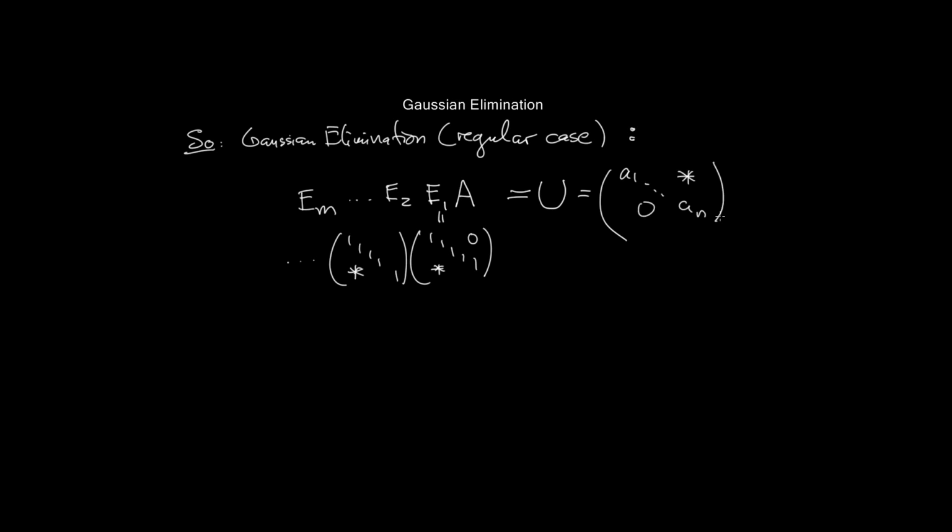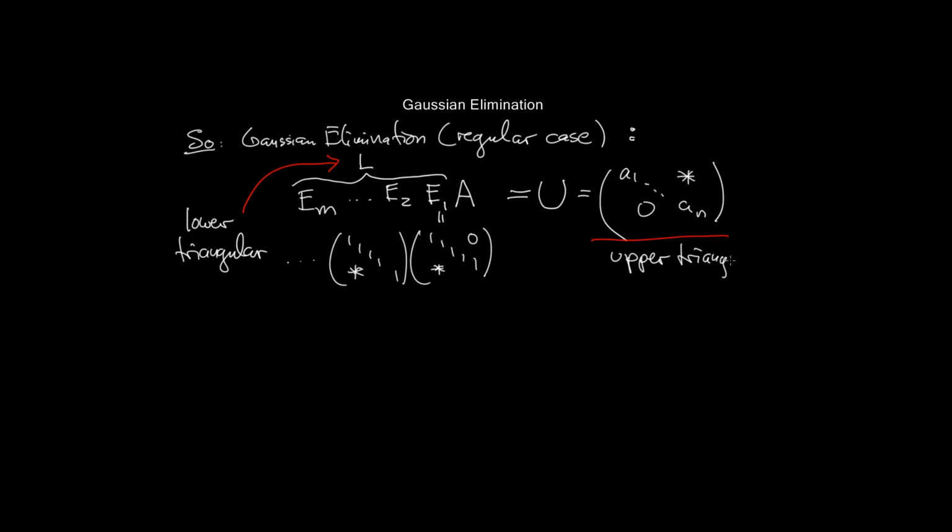So every one of these matrices E, these are called elementary matrices, corresponds to a row operation. You do a sequence of row operations, and you turn A into an upper triangular matrix. And this sequence of row operations I'll call L, because when you multiply all of these matrices together, what you get is a lower triangular matrix. In other words,